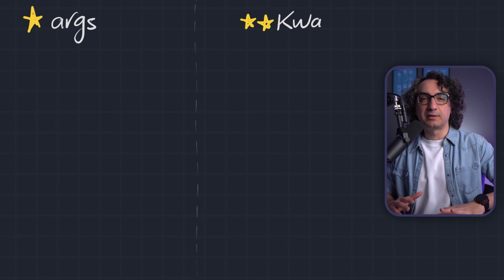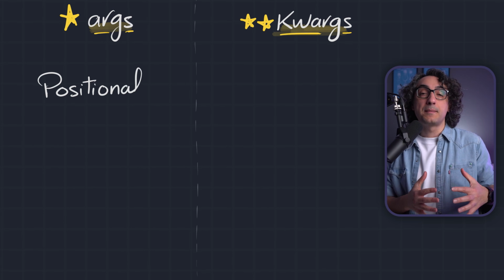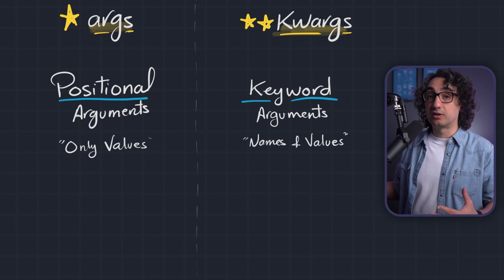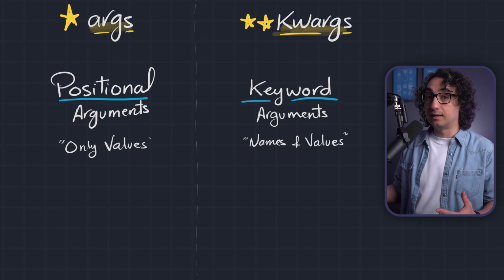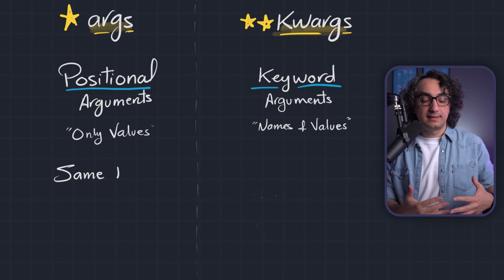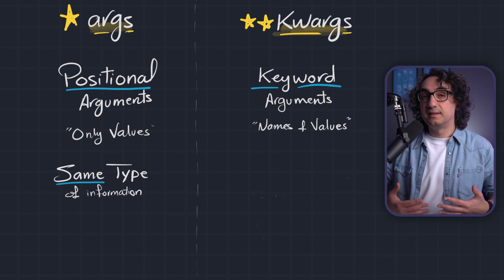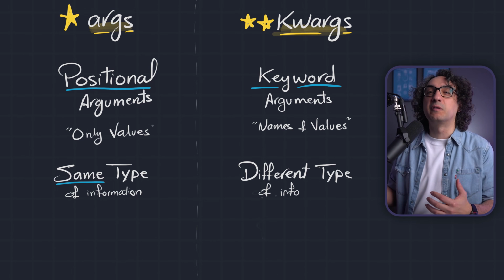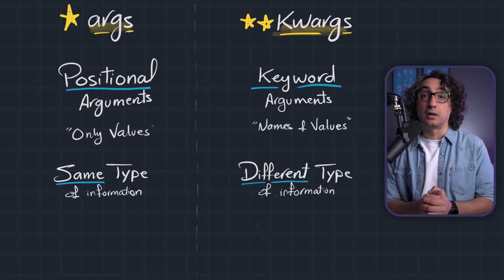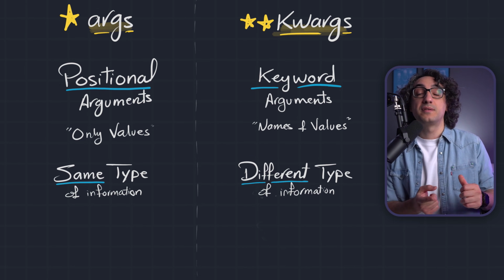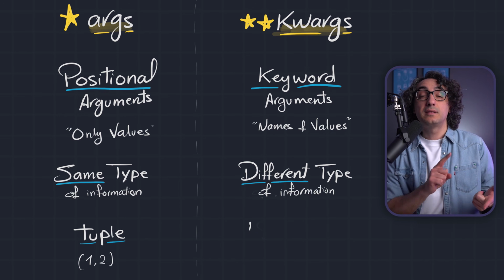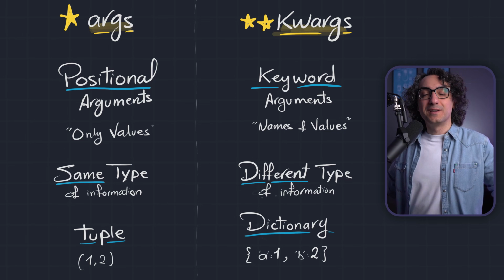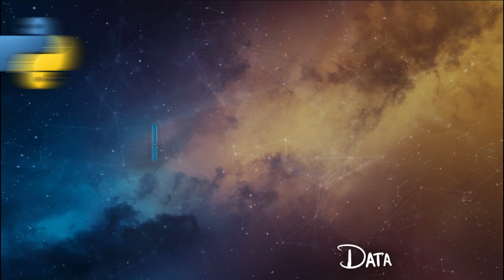So now let's recap and compare them side by side. The 1-star args accepts multiple positional arguments, and the 2-star kwargs accepts multiple keyword arguments, so you have to include the names of the values as well. We use the 1-star args if we are passing the same kind of information, so we are either sending numbers or string values. But if we want to mix them and send multiple pieces of information, then we use the double star kwargs. And now about how Python stores this information, the 1-star args stores the data inside a tuple, and the 2-star kwargs are stored as a dictionary because it has to store the key value pairs. So actually that's it. This is for those two tools. It is not that hard.